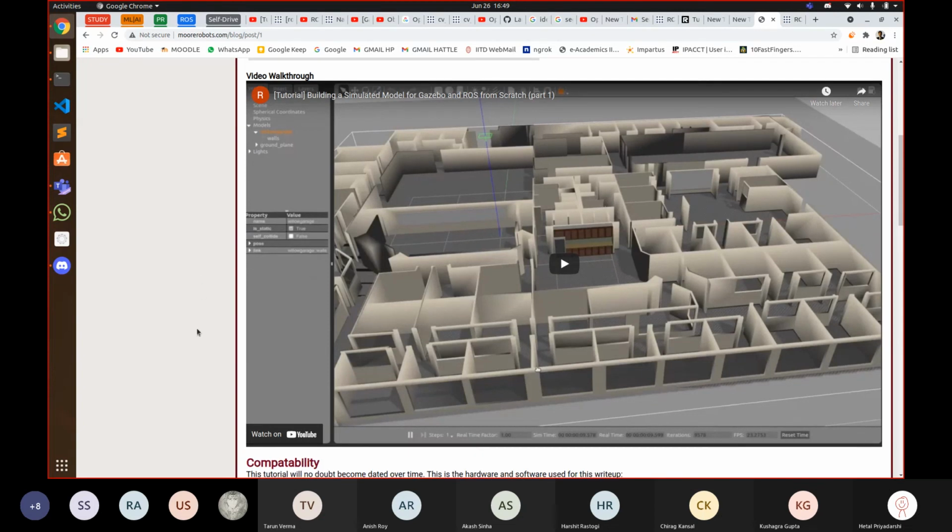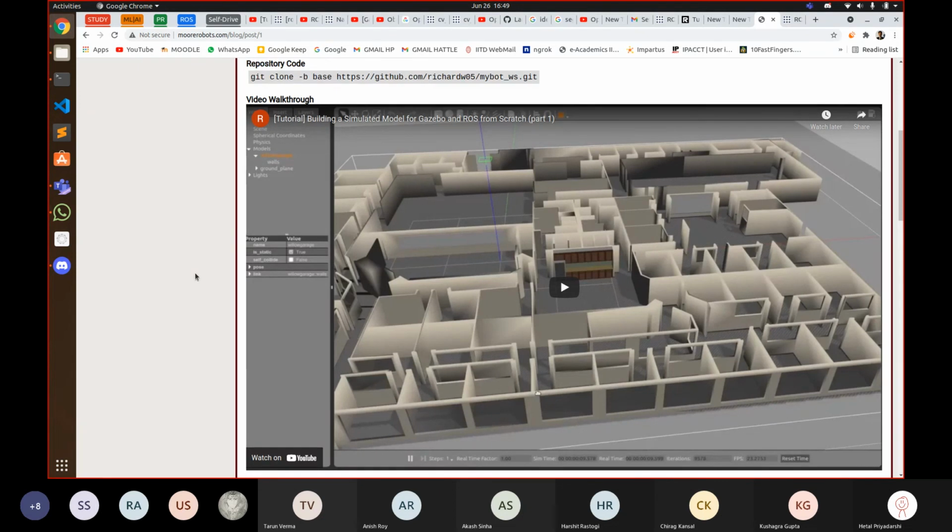But that's all right. The idea for you is to learn from these things and then use them to enable you to actually function with ROS by yourself. The main idea is not for us to teach you everything, because we ourselves don't know everything. We only know it very nominally.